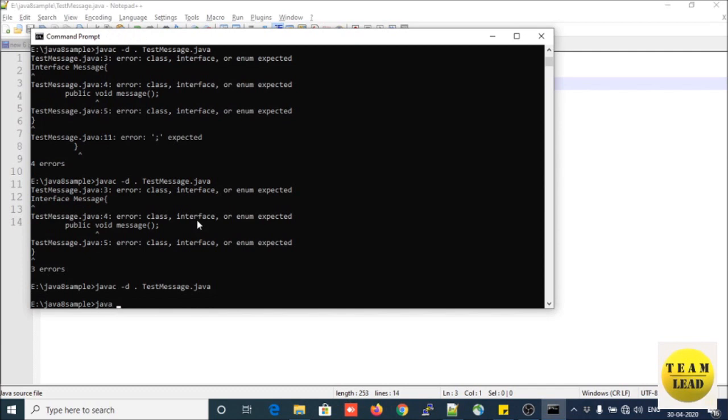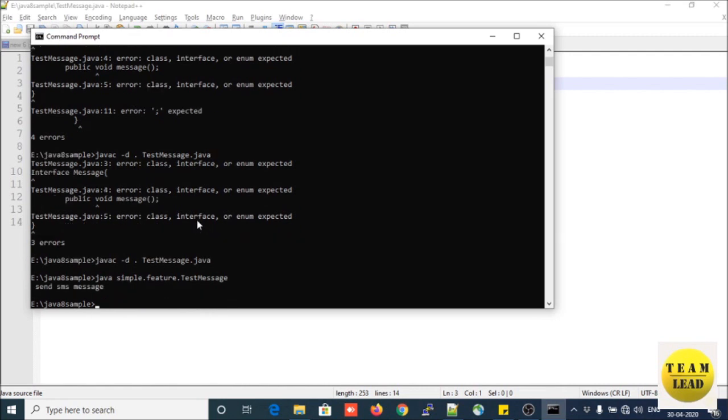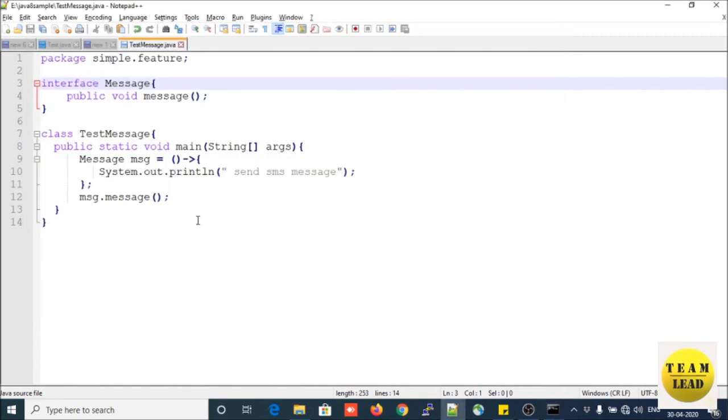Java simple.feature.TestMessage. So this is how you can use a lambda expression as part of your Java classes. Instead of this one, you can also use